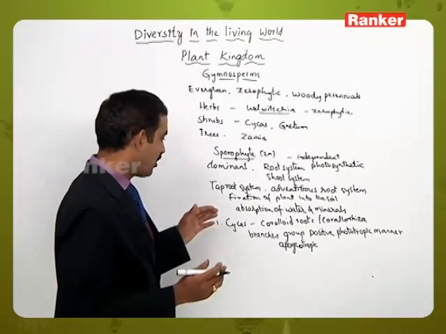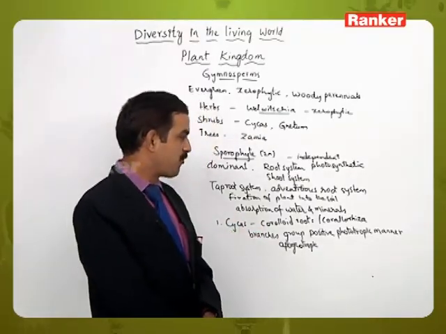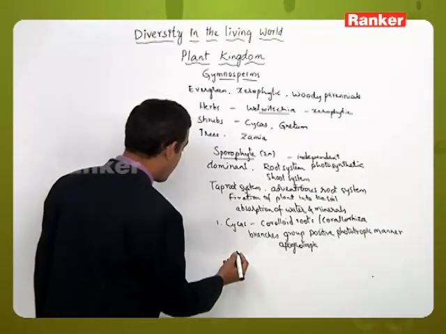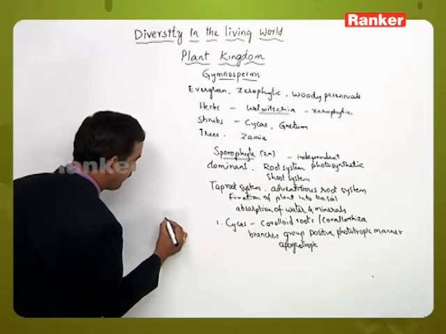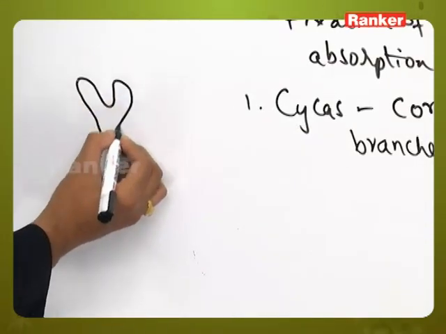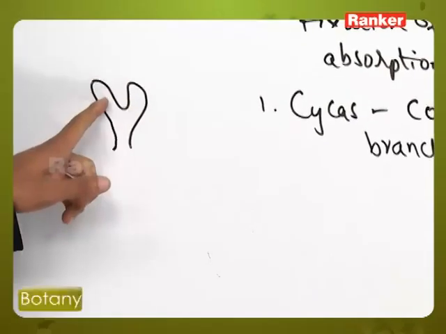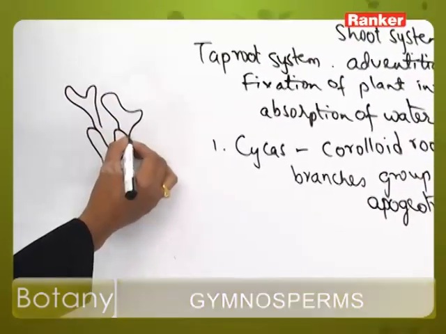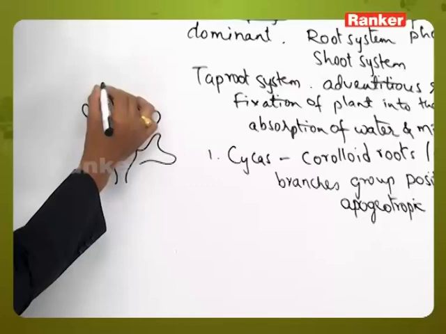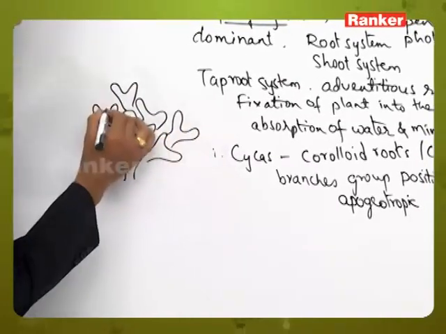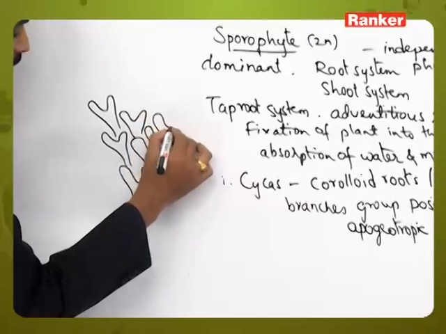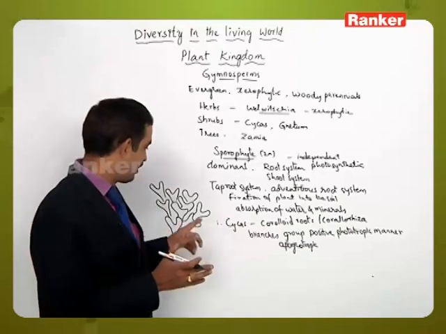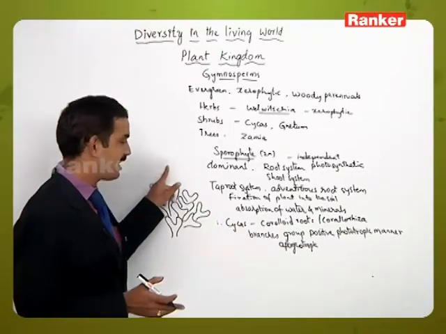And one more thing, these branches show a dichotomous type of branching. If this is the tip of the root, it is divided into two branches like this, and everywhere this type of branching structure can be seen. This type of organization of the roots is called dichotomous branching and apogeotrophic growth. In this arrangement all the branches appear as a close compact structure, like a coral-like organization.